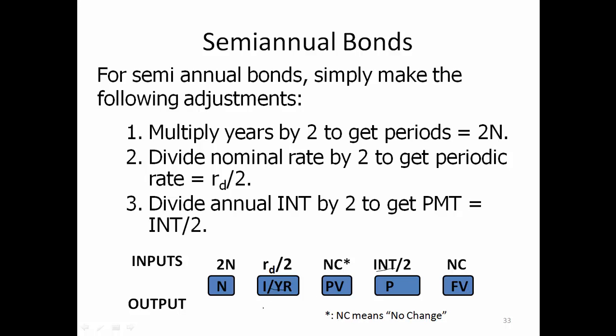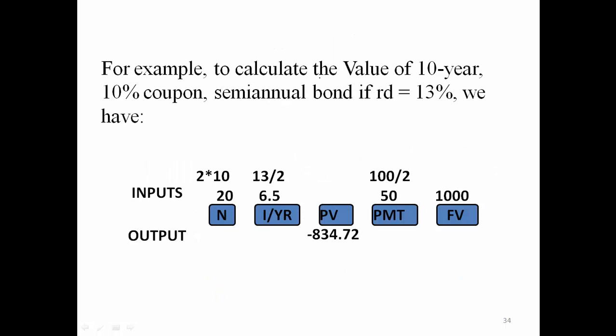And then you compute for the price, the present value. So for example, if we want to calculate the value of a 10-year 10% coupon semi-annual bond, if the discount rate is 13%, then 10 years means 20 coupon payments because there are 2 payments each year. Each payment is $50, which is 1,000 multiplied by 10% and then divided by 2. Future value remains 1,000. And for the semi-annual interest rate, you're using 13 divided by 2, so 6.5 as I/Y. You compute for the price, the present value,